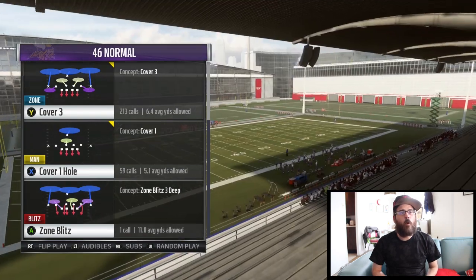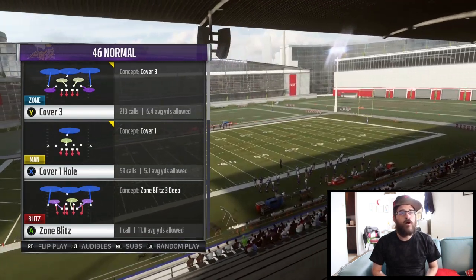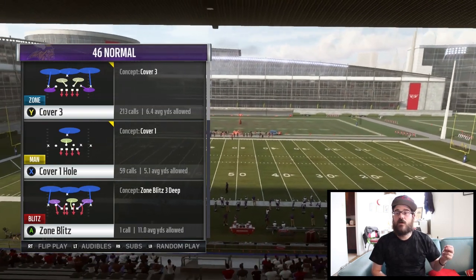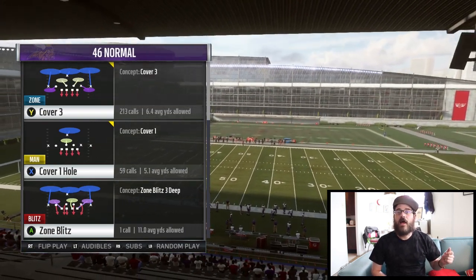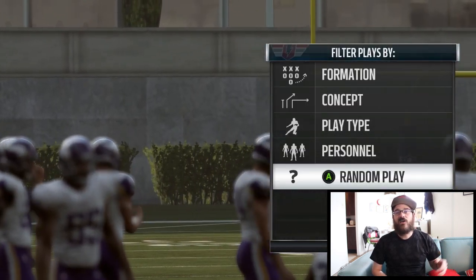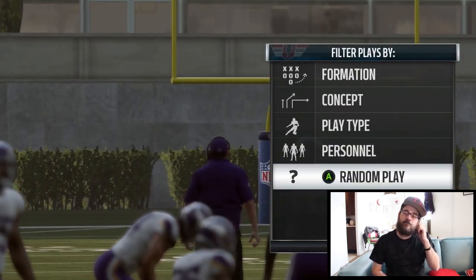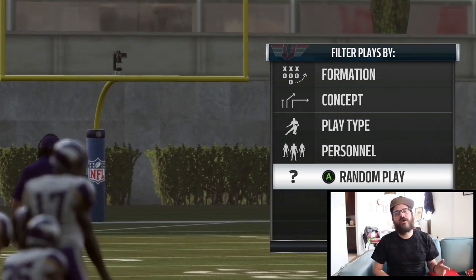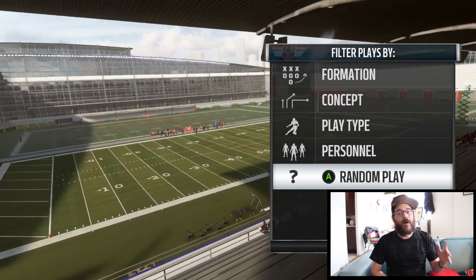Having this cover one hole and having everyone manned up helps with the run support. It really does. Having them in man, they seem to play run a lot quicker and jump in those runs. As well with this play, I like to user the safety. Now most of the time I'm using this play when I think that my opponent is going